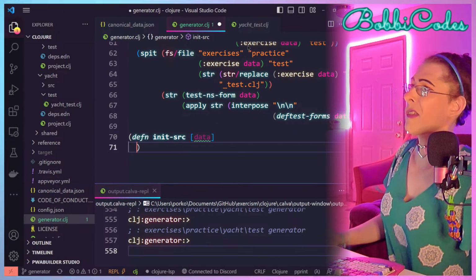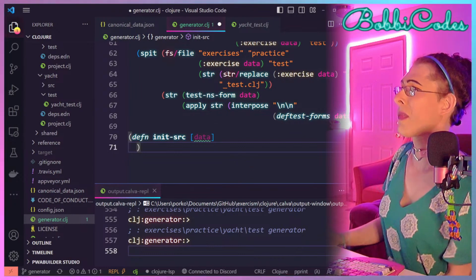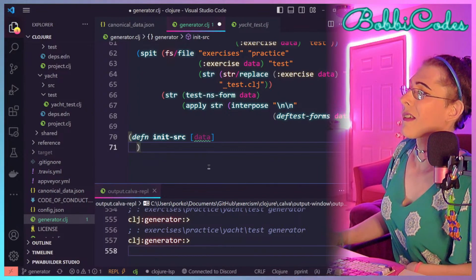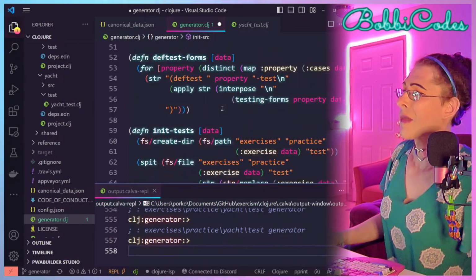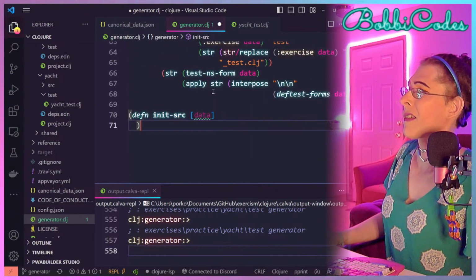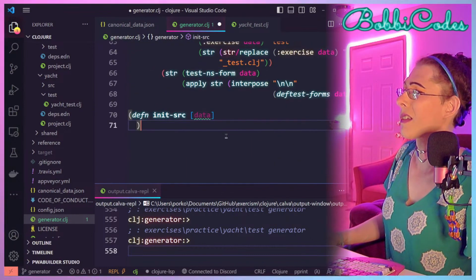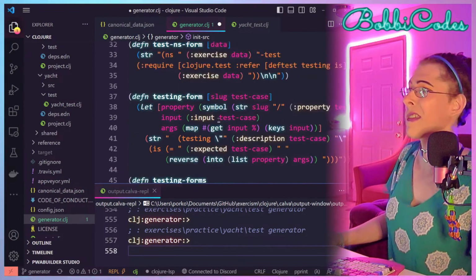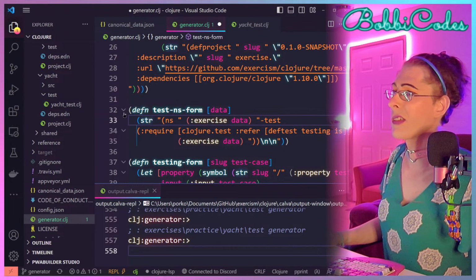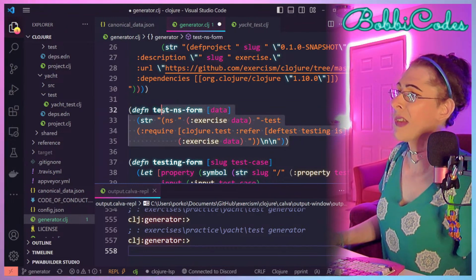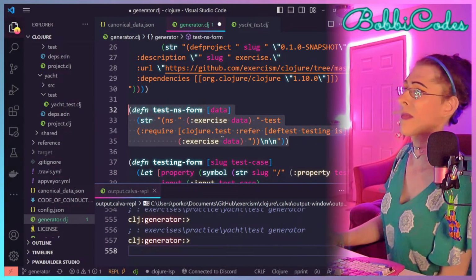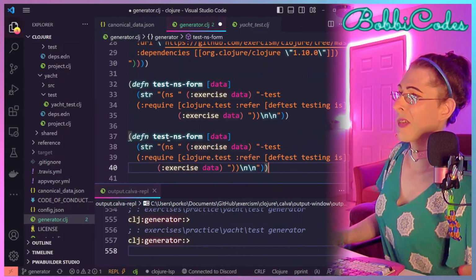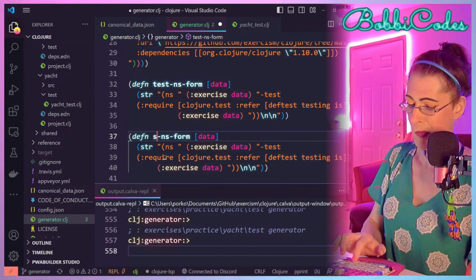And for this exercise, it's just going to be, well, we have to look. First of all, there is going to be the namespace declaration, which will be very similar to this, that generates the test NS form. And so there will also be a similar function that'll be the source NS form.